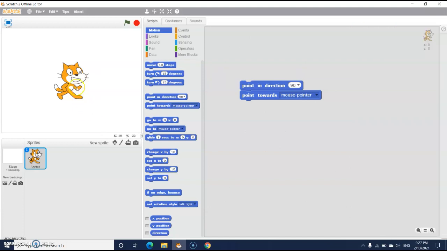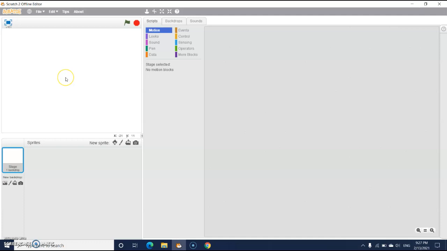If you want to delete the original sprite and add a new sprite, then you can just select this delete option and click on the sprite. Sprite will get deleted.